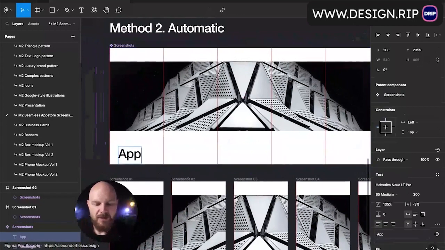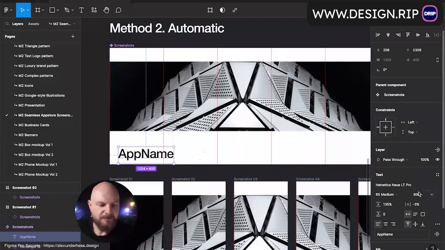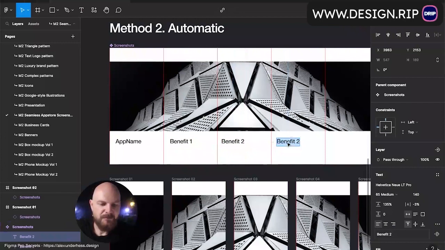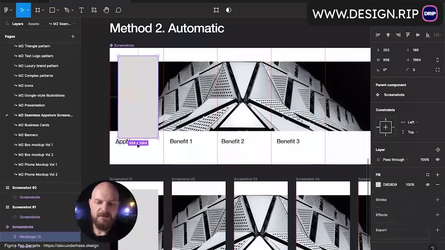So that's where it will be. App name here, 140. Here we will have benefit 1, benefit 2, benefit 3. And of course, at the top here, you can add, in addition to that,